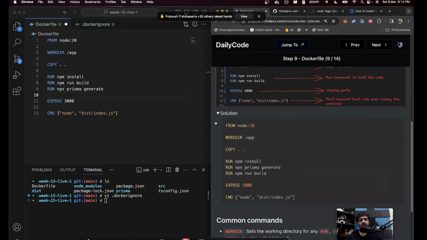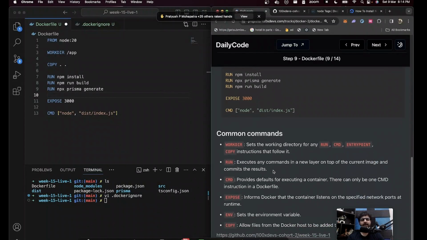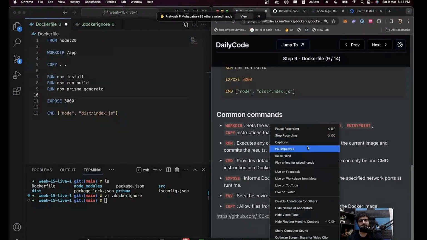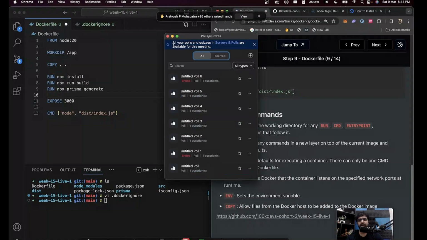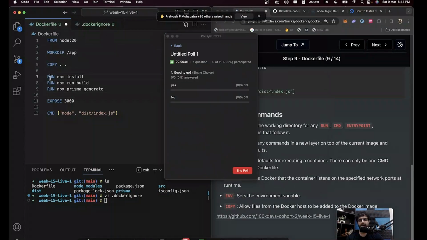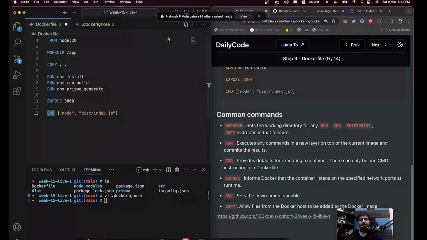And if you want the solution, if you want to just copy it, it's present here. So you can just copy this. I think this and this look pretty similar, or they're exactly the same. But do we understand how we can create Dockerfiles? And these are more detailed explanations of what each of these commands is. Can we generate a Dockerfile? Do we understand WORKDIR, COPY, RUN, EXPOSE, and CMD? Great. So in that case, the only thing that's left is building the image.